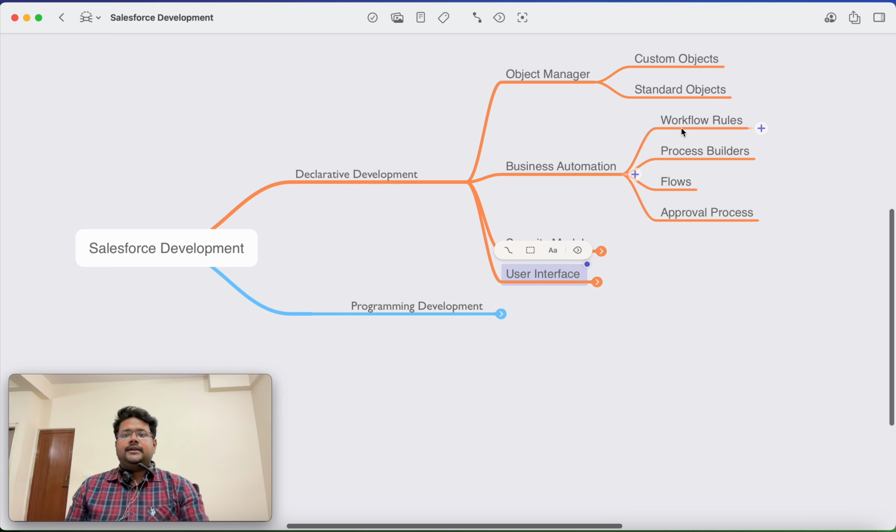Whereas any new changes that you want to make on the existing workflows, you can always do it. Now the next type of automation is process builders. Now process builder is a little bit more advanced than workflow rules. It can do a little bit more than workflow rules, but yet again,